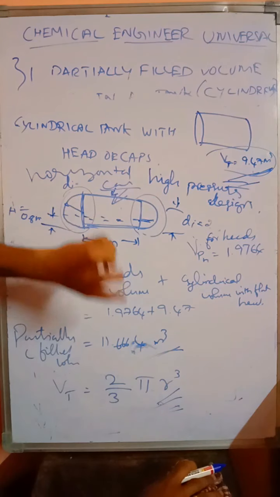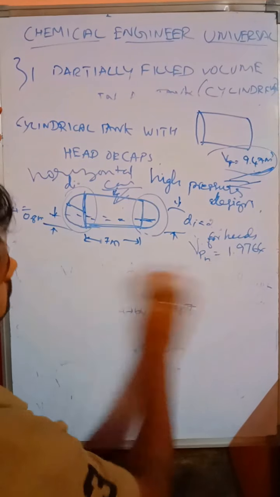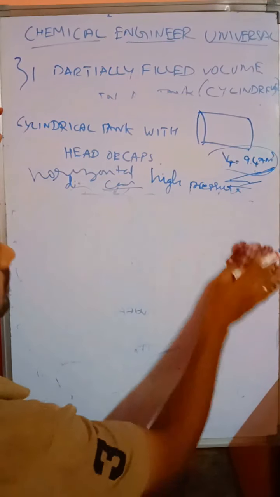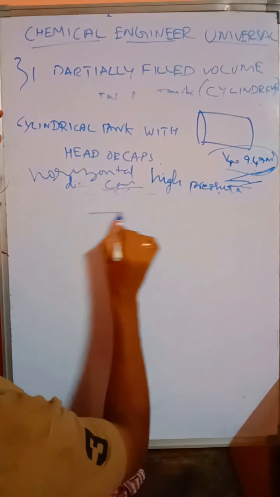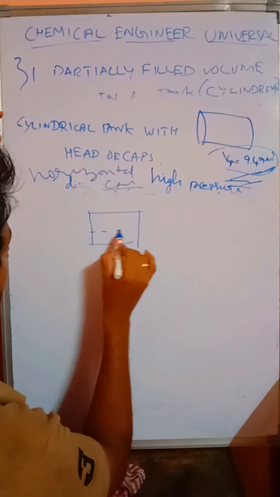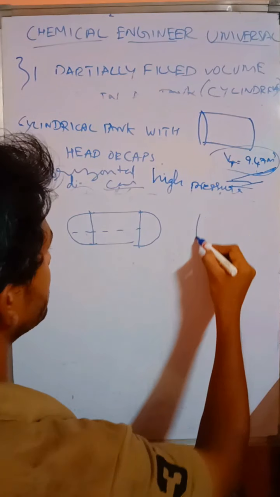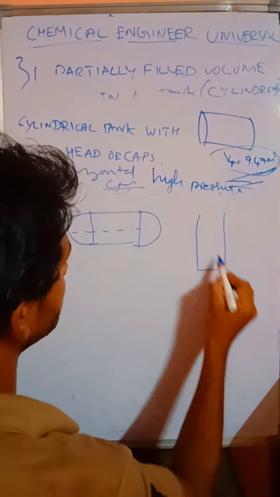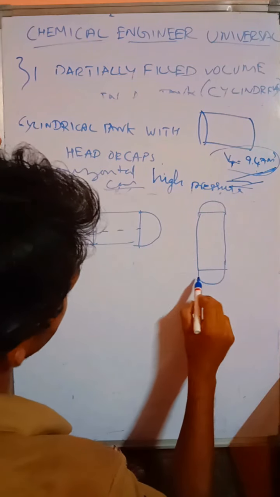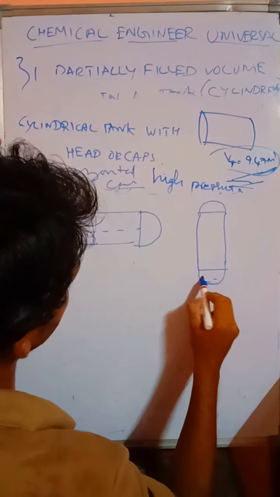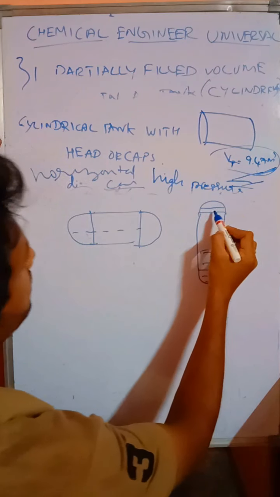So what happens if the same tank is in a vertical position? How do you calculate it? If it is in a vertical position, everything changes, because in the horizontal case, whatever liquid is filled will be equally distributed on both the heads. But if you take the vertical case, it won't be like that. Much changes will be there. So here the liquid will start here, so it will be totally filled here. And if you go here, the segment is neglected, but the sector is filled.